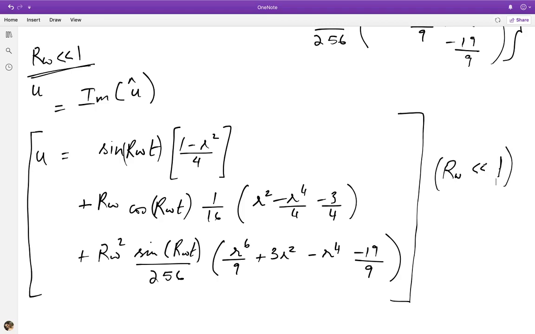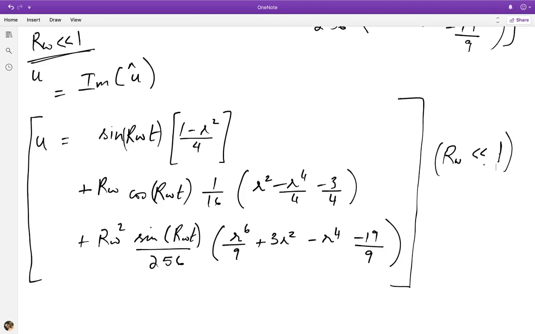Okay, so here we now have a beautiful formula that we have obtained analytically by using the perturbation series expansion. And as you can see, we will soon see that it gives us much more insight than the Bessel's formula. So what can we learn from this solution now that we have obtained? Well, first off, we see that the leading order term, which means if I were to set r omega exactly equal to 0, the main contribution comes from an in-phase response, sine r omega t, and the radial component of this is parabolic. So this term, this first term here,